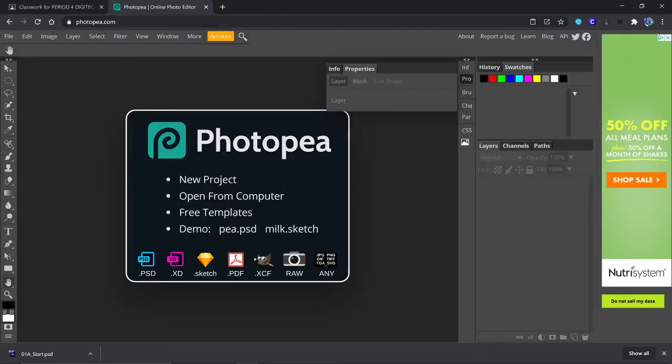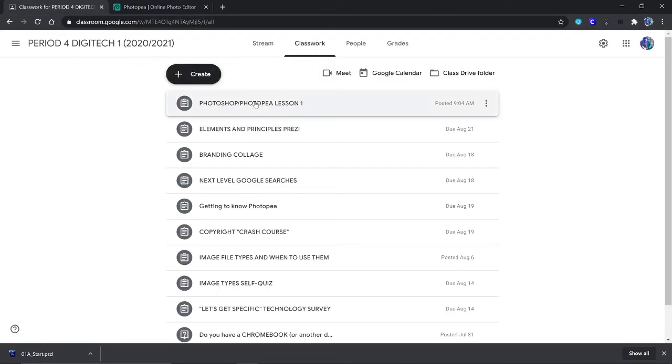Okay, welcome to your introduction to Photoshop / Photopea. I'm going through some other lessons and making sure that everything that you are asked to do, you can actually do in Photopea. So, first step is you're going to go to your class and you're going to find the